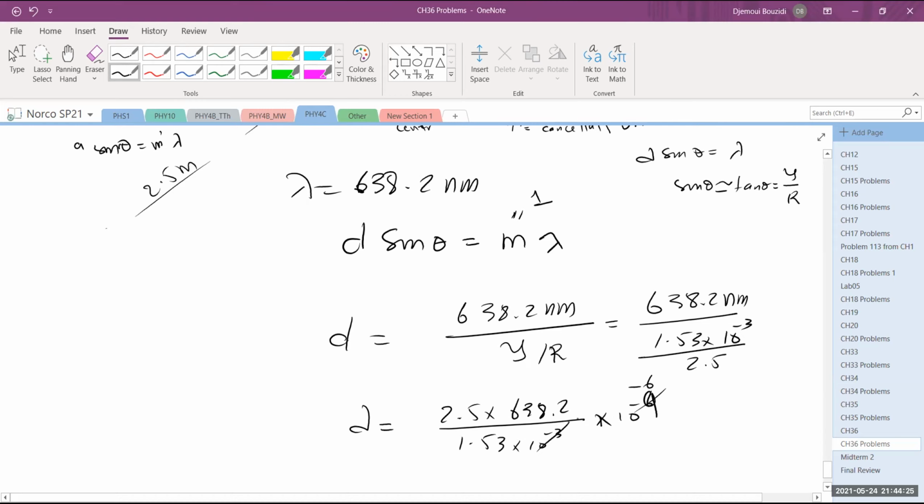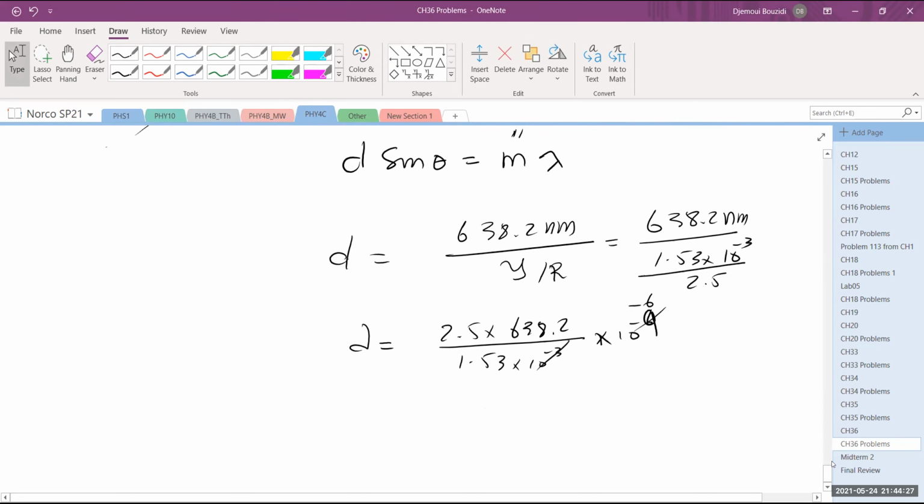And d now can be managed, okay? So let me plug things into the calculator. I have 2.5 times 638.2 divided by 1.53, and it is 1042